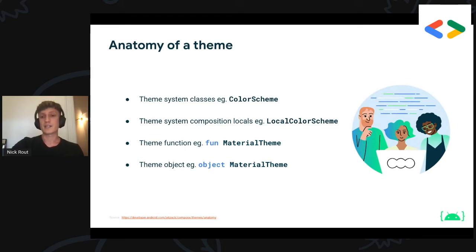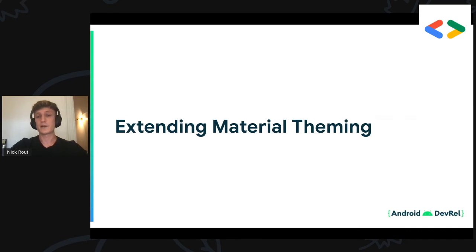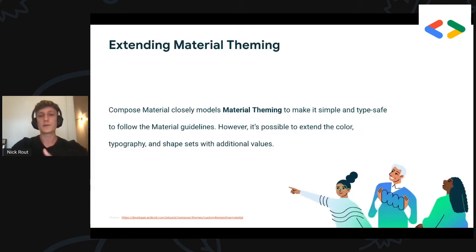And knowing that, we can actually use that knowledge, which is all freely available and visible and open source, by the way, to extend material theming and basically create custom design systems for ourselves. So let's start by looking at a simpler use case of extending material theming. Compose material closely models material theming. It's a design specification that lives on material.io, and it's effectively a Kotlin implementation of that, and it makes it simple and type safe to follow material